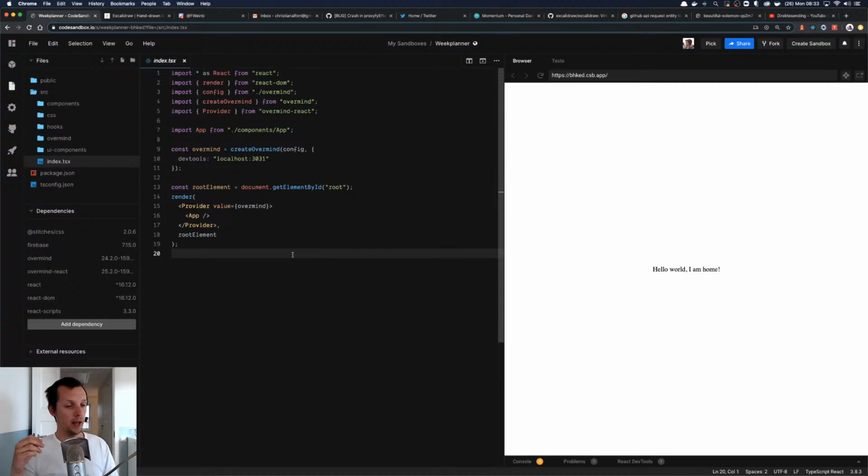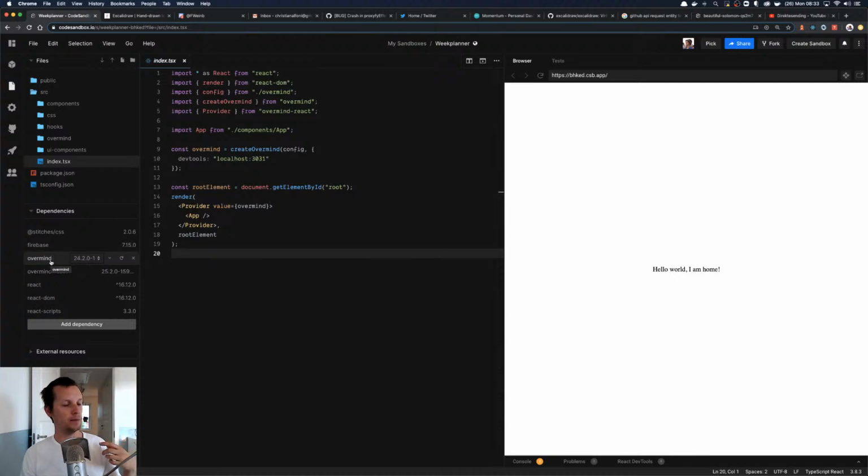Now the problem was we didn't do this for tagged dependencies. So when I installed, for example, Overmind at next, it wouldn't choose the explicit next version. It would use the actual tag next, which could cause a caching issue. So that was one thing. Then there was another thing related to when you have a dependency that depends on another dependency. For example, here Overmind React depends on Overmind, and if Overmind React points to a different version than what you have installed,